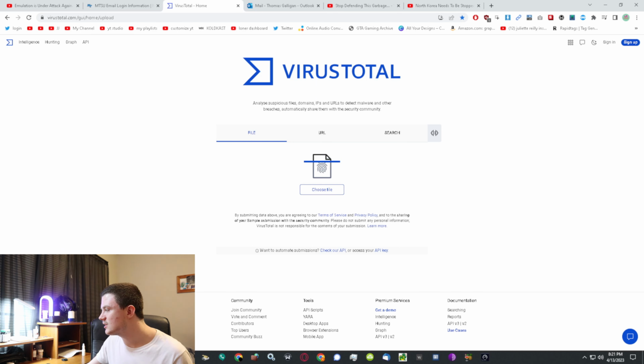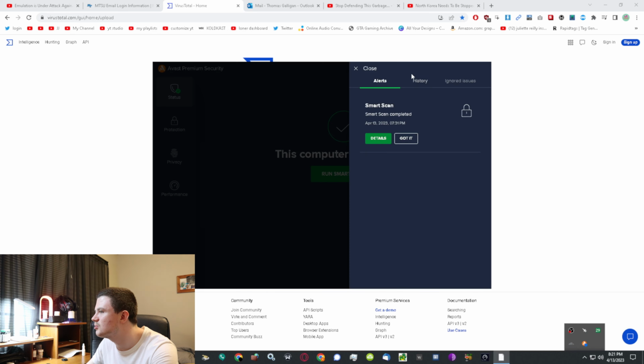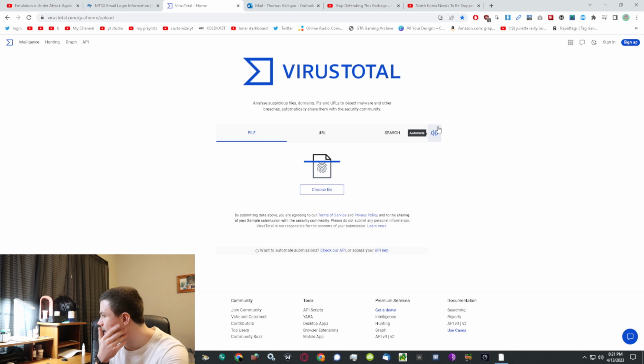Personally, I use Avast because their pricing is pretty good. I bet this is telling me about the email or something. Okay, no, it's just Smart Scan. Anyway, I recommend getting an antivirus. Most of the time, depending on your ISP, you can actually get either a discount or they offer some. Windows Defender is pretty good, but most people don't update their computers often, so it ends up being more of